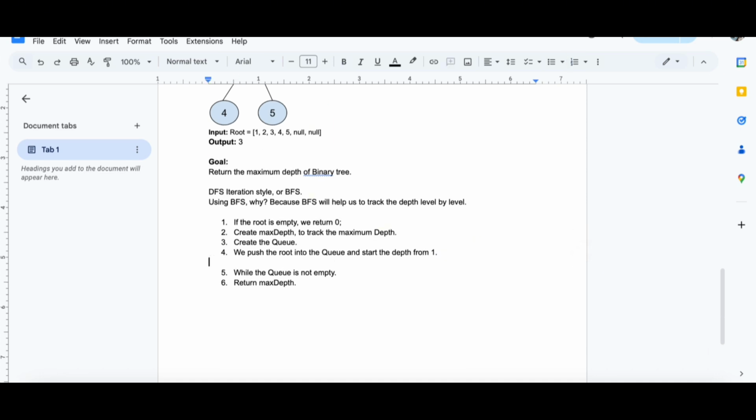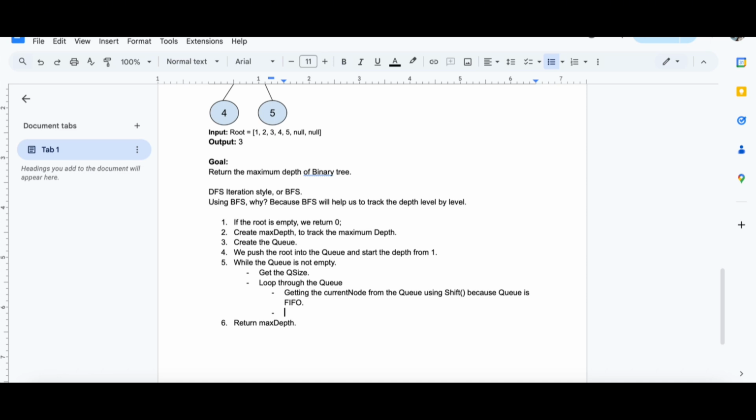Okay, then inside of the while, while the queue is not empty, get the queue size, then loop through the queue, getting the current node from the queue using shift, because queue is FIFO, first in first out.